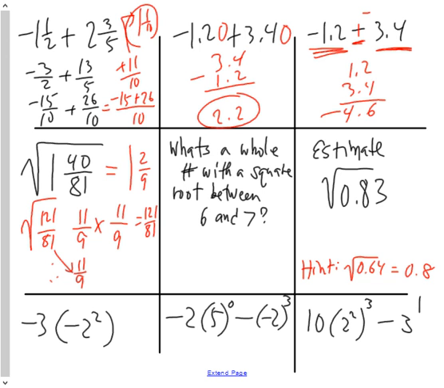Question 5 says, what's the whole number with a square root between 6 and 7? Well, what number has a square root of 6? The answer is 36. What number has a square root of 7? The answer is 49. So therefore,